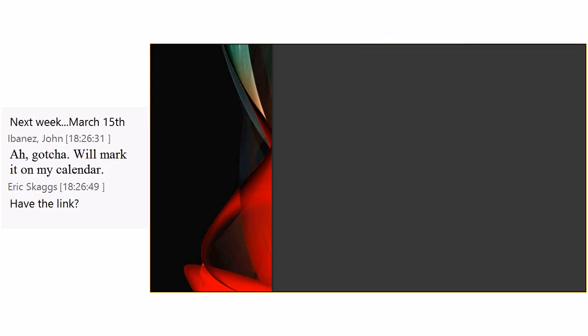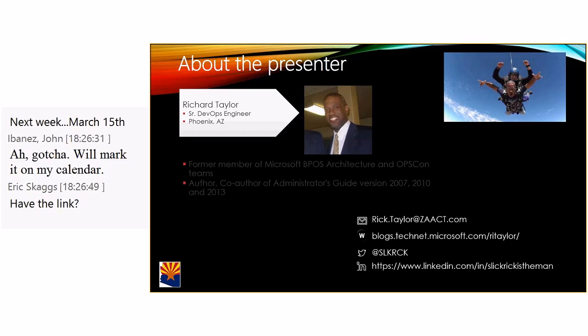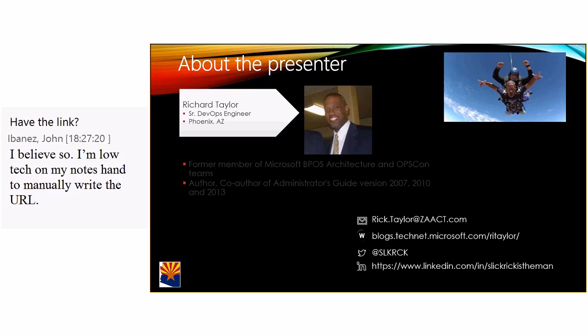All right, so I think most of you know who I am. Okay, for those of you who don't, my name is Rick Taylor. And a little bit about myself. Well, I can't really see that very well, but that's my contact info. I work for a company called Zact, Z-A-A-C-T, based out of Draper, Utah. I do live here. I live in Gilbert. I used to work for Microsoft. Actually twice I worked for Microsoft on the SharePoint engineering team, and the second time I worked for operations consulting, which basically is the governance arm for all products: Exchange, SQL, SharePoint, the OS,